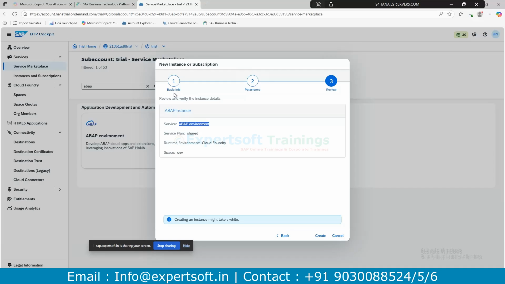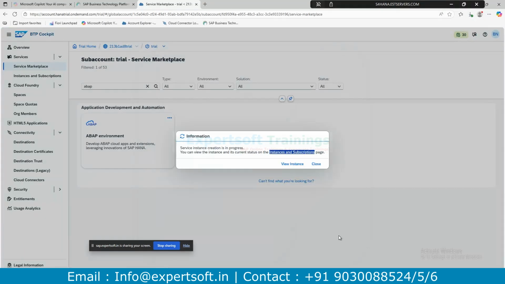And whenever the limit is exhausted, you can subscribe to it. Similarly, here you can subscribe to each and every component and pay on a monthly basis. There are different pricing models.